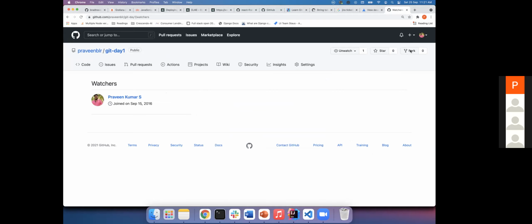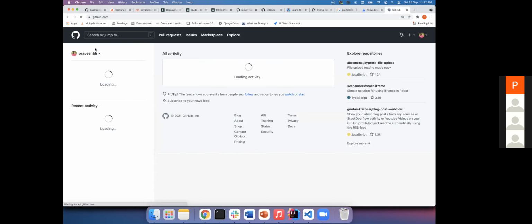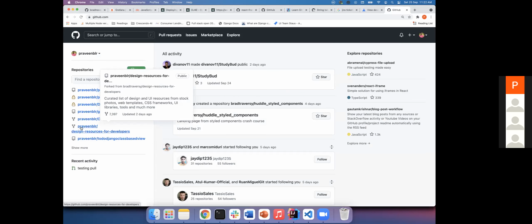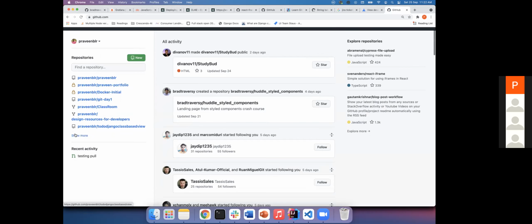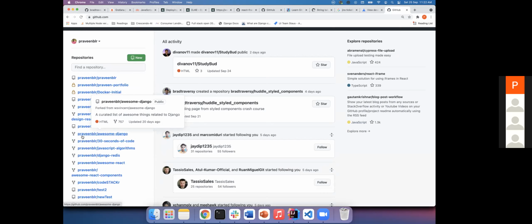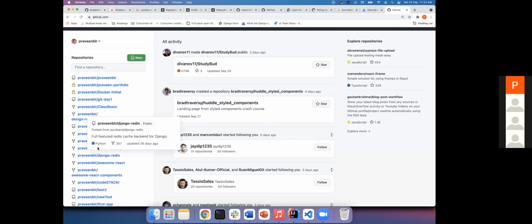You see, fork. So what does fork basically do? Let's say we want to contribute to an open source project. Am I right? So what can you do? There are steps to do that. First, you have to fork the project into your local. If you fork it, you go to your place. There are a few projects that are forked. You see there is a symbol saying this, that is fork. Forked means you are taking a copy of someone's project and you want to add some functionality or keep a copy of it.